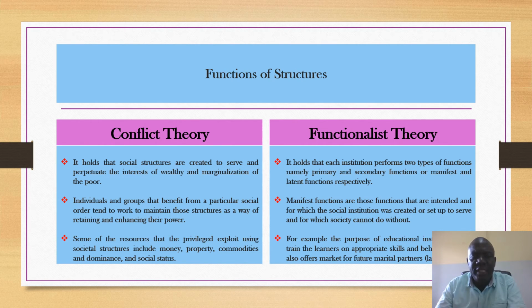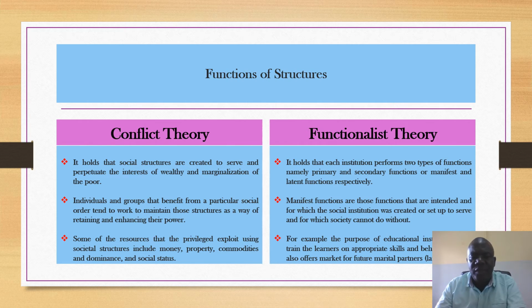With regard to conflict theory, they look at these structures in terms of what they are doing to divide the society, to marginalize the society, by advancing the interests of the most powerful, the rich, and the most influential in society, and by using all possible means to ensure that they serve the interests of the privileged class, including the use of violence, intimidation, coercion, and other unorthodox means to ensure that the differences between the proletariat and the bourgeoisie